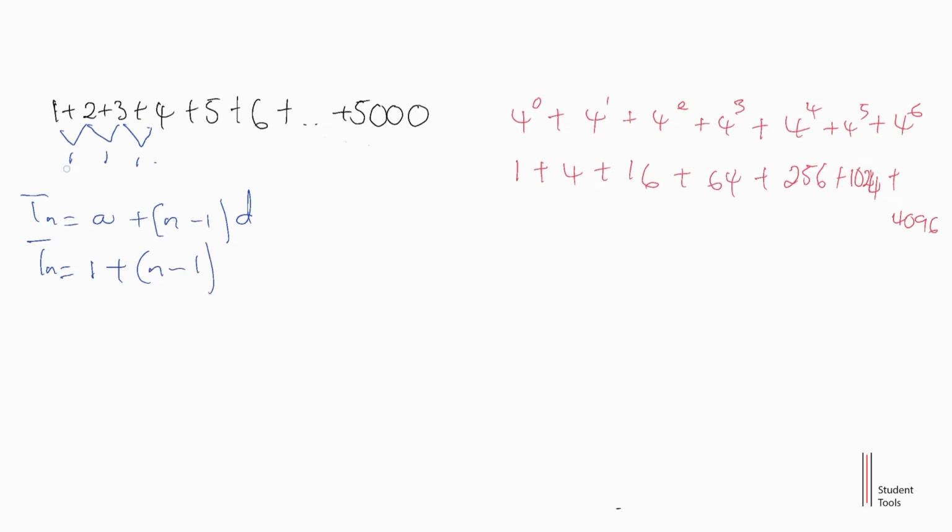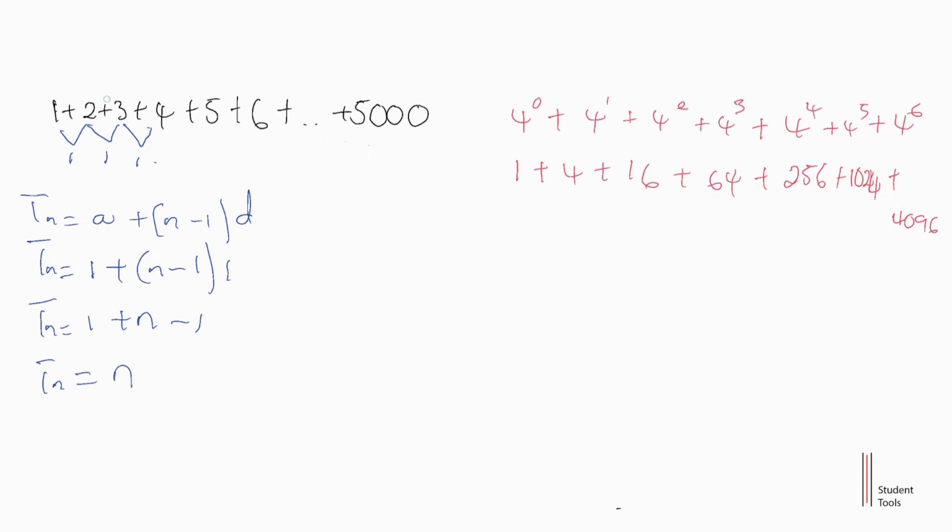So the common difference here is a positive 1, so we will multiply with a 1. So Tn is equal to 1 plus n minus 1 multiplied by 1. 1 multiplied by n, that is a positive n. And then 1 multiplied by negative 1, that is a negative 1. So Tn, or the nth term, is equal to 1 minus 1, that's a 0. Therefore, the nth term of this series is